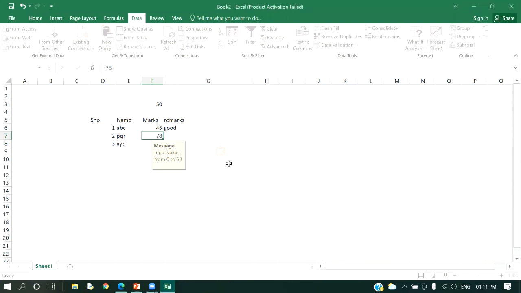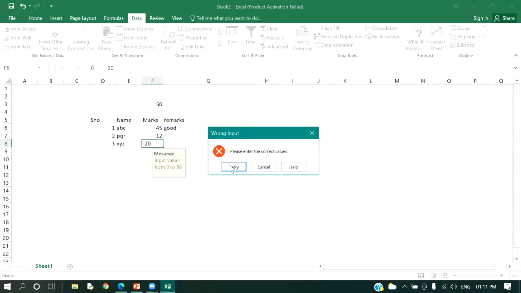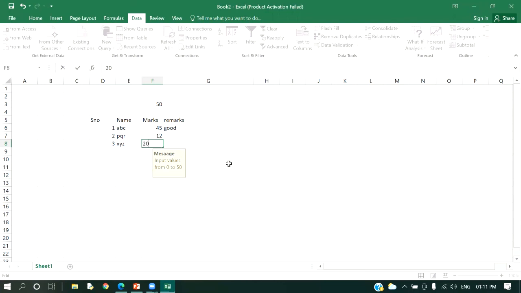I'm going for retry and write down here 12. Let's say here I'm writing minus 20. We are aware that marks can never be negative, right? So again, we have given a restriction that the value should be below 50 and above 0. So I'm going to put it as 20 here.